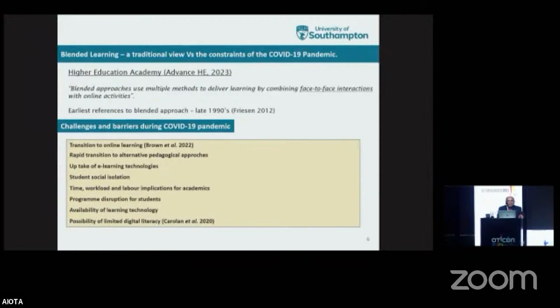Of course, no matter what happens, we do have challenges and barriers during the COVID-19 pandemic. Some of them are transitions to online learning. We had some problems there initially. There was a rapid transition to alternate pedagogical approaches. Not all the students appreciated this because it was all of a sudden a rapid change, and the students really